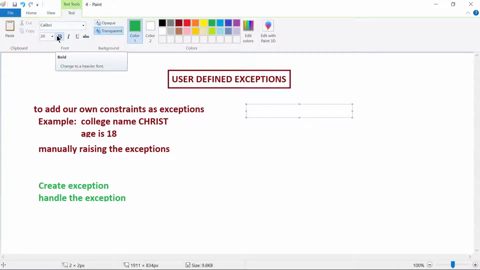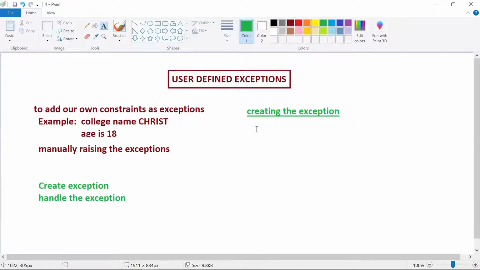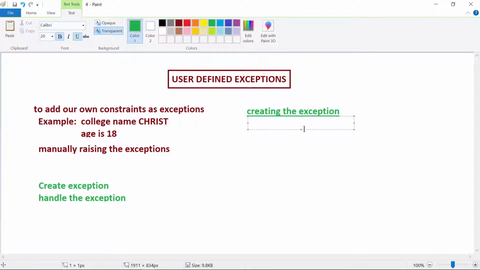So all of you, keep adding, creating the exception. How to create the exception? Whenever you want to create any exception, the only process we have is we need to create one class.